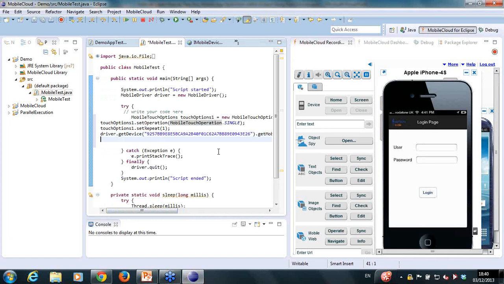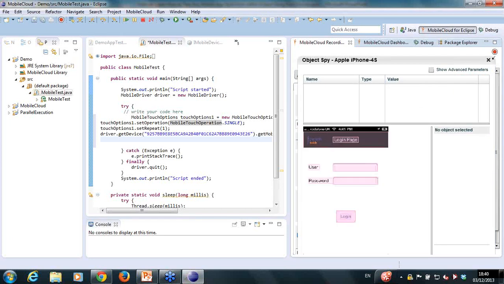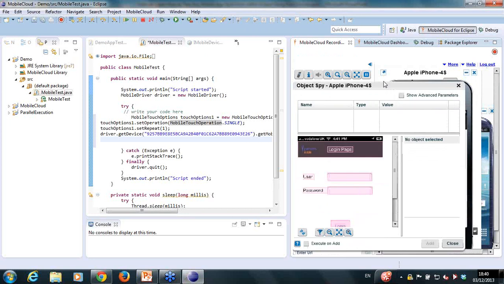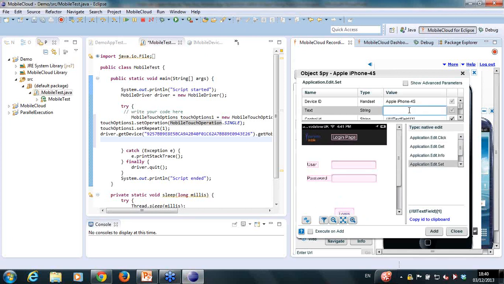If I'm going to go deep into objects, let's open, for example, the object spy. Because this application is instrumented already, the object spy is capable of talking directly with the UI objects of my application and lets me supply information to these objects. Let me just filter out only the edit fields. That will be enough. Then when I click here on the user, I can set this box with a value. For example, the username will be John. And if I decide to execute that on add and add it to my script,